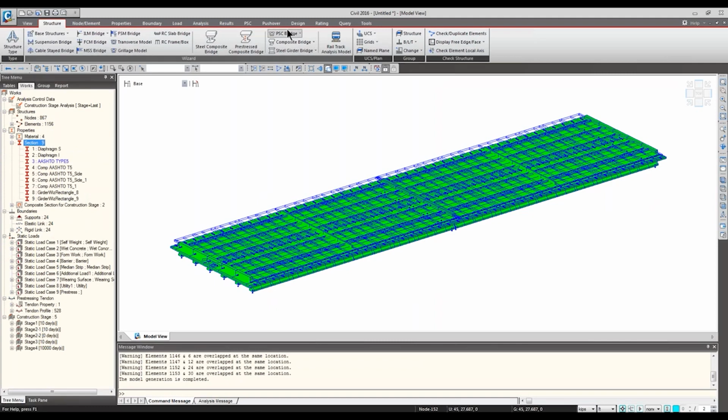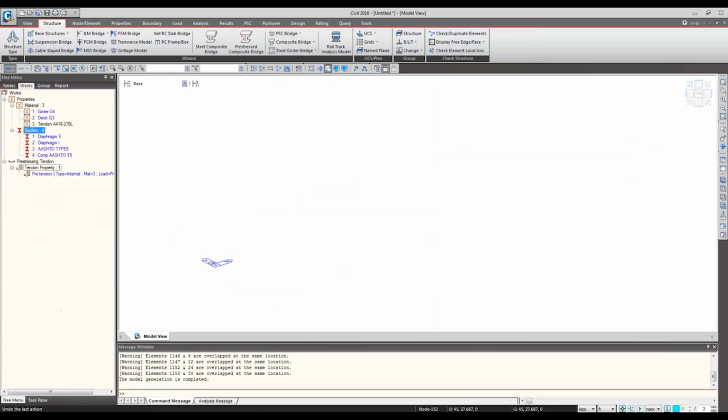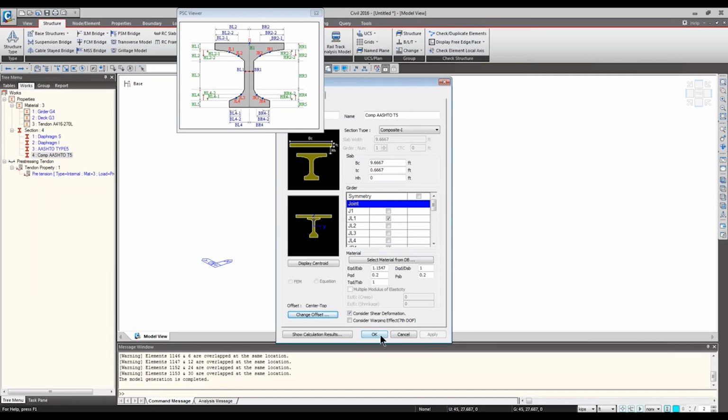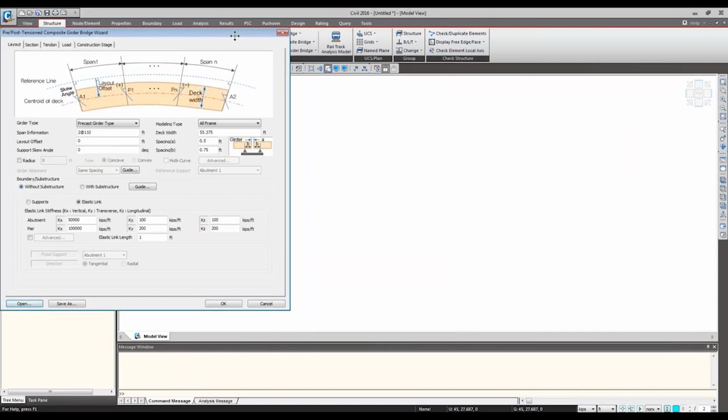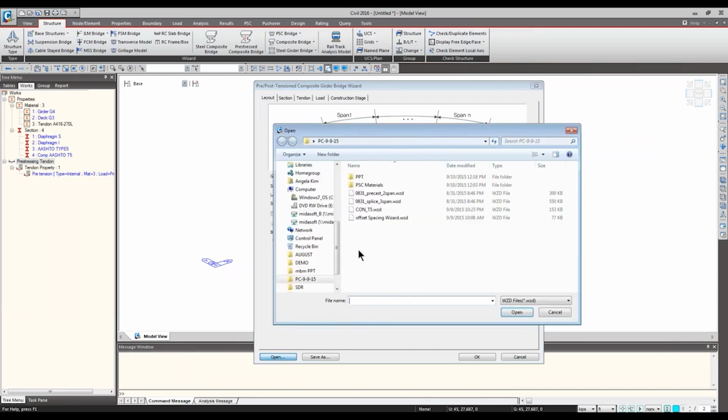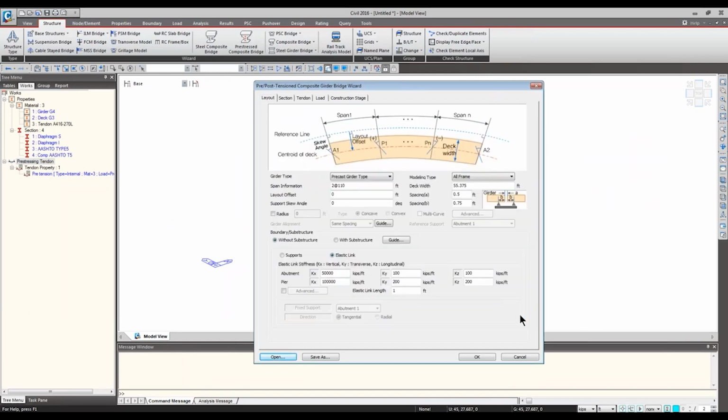Okay. Give me 1 second. I'm going to undo and change the offset for my girder. So this way, if you made any mistake, you can simply undo and repeat what you've done.